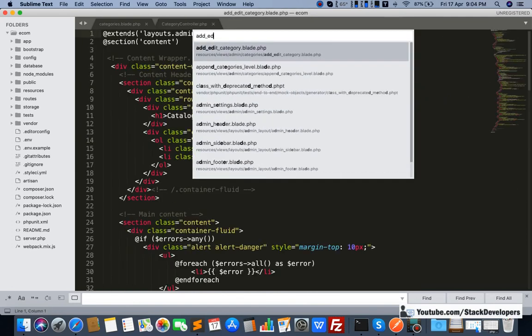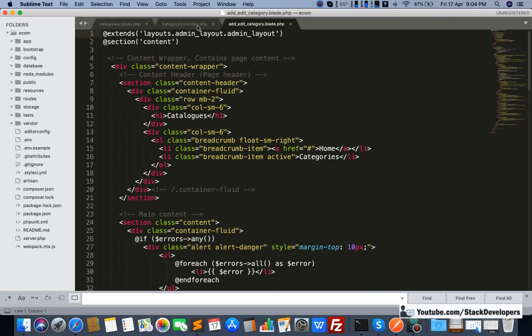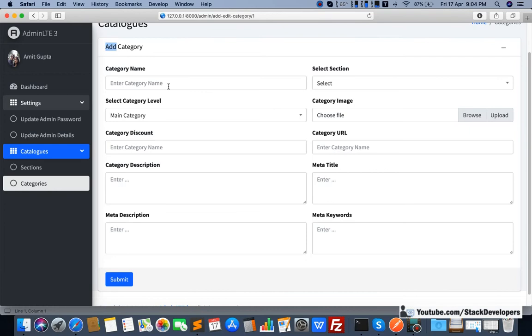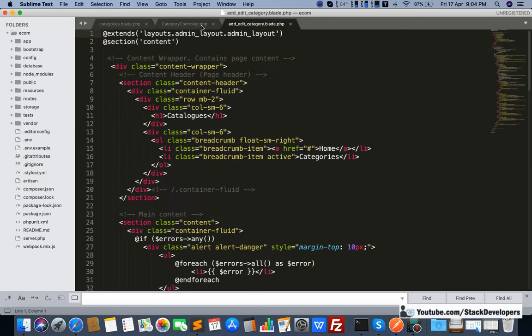This is the blade file, and here we are going to return our category data so that we can fill the complete form, like the category name. From this category ID, we are going to fetch the details of the category and show the details here in the category form. So first of all, I'm going to change this, it will confuse us.